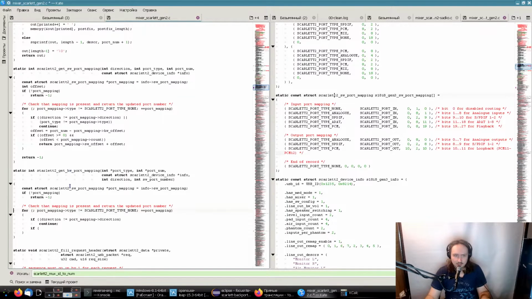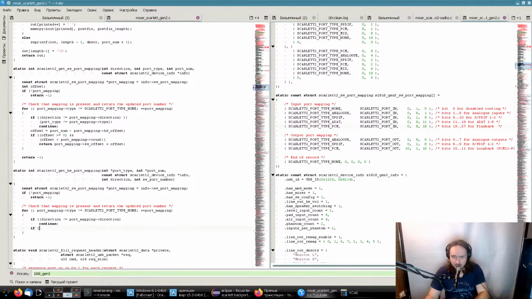So we will write two functions. Get hardware port mapping. If there is nothing, then we'll just return -1. That means that we don't have hardware port mapping for this software port. So now we just need to check that. I need to disable line wrapping here, and we need to check that the port number is just in the range we have specified in our settings. So we need just to check that SW port number is greater than the port mapping